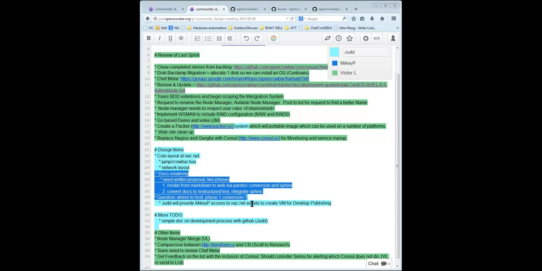Cool. So Mikey's headed in a good direction with the documentation, and we have a spot for him to run VMs or containers if he needs to. So he's not living in 10.65 land in order to do that. I mean, frankly, the stuff that you have set up as it is right now in net access is beefy enough that it might be a good use of it, because I could just use some throwaway VMs to rebuild RPM packages and shove them up onto S3.